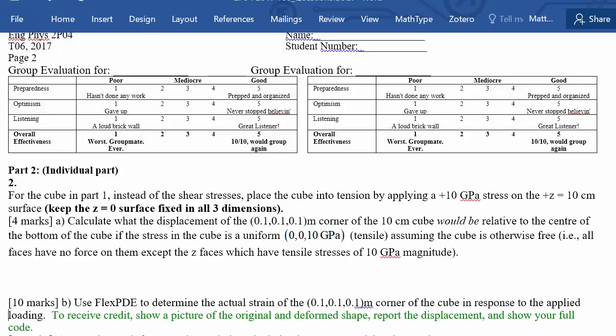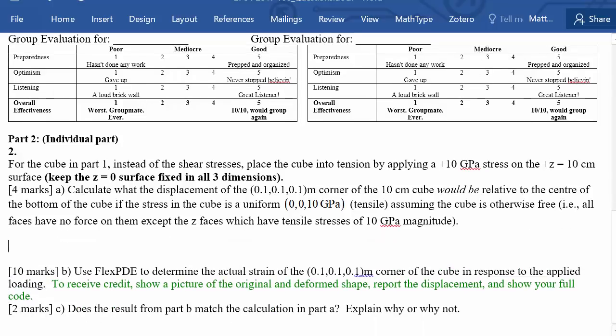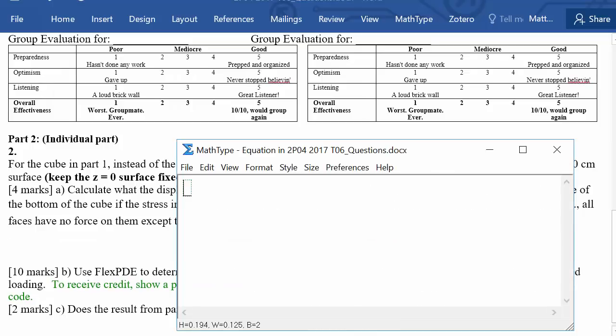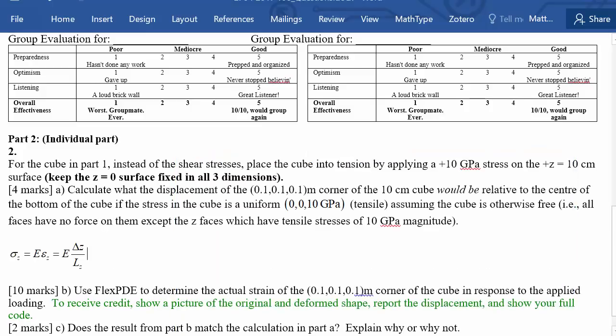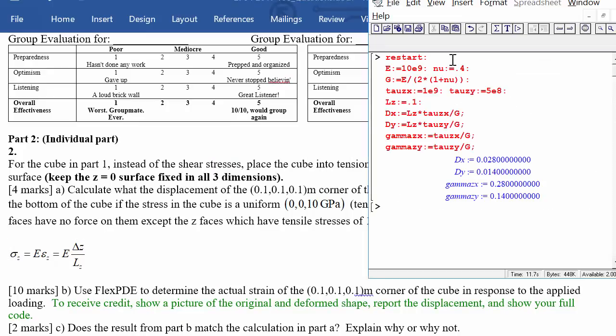So this is just based on the axial stress stuff, where we were saying that sigma is equal to E epsilon. So sigma Z is equal to E times epsilon Z. And that would be the 10 gigapascals is equal to E times the delta Z over LZ. So for uniform stress, we can use this calculation and determine that